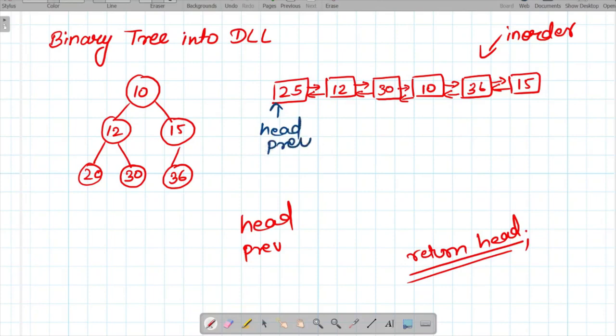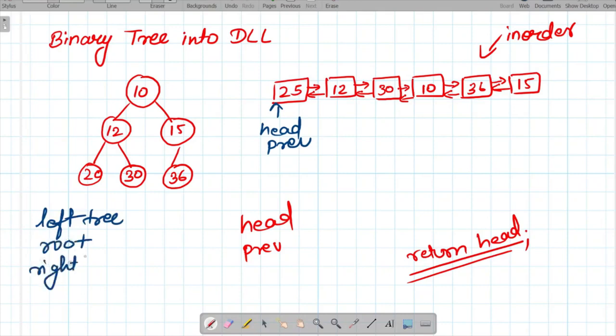Now since we have to create this doubly linked list in the in order traversal way, we will write the recursive code that we use in case of in order traversal. You know how we perform the in order traversal. In order traversal, we traverse the left subtree first, then the root, and then the right.